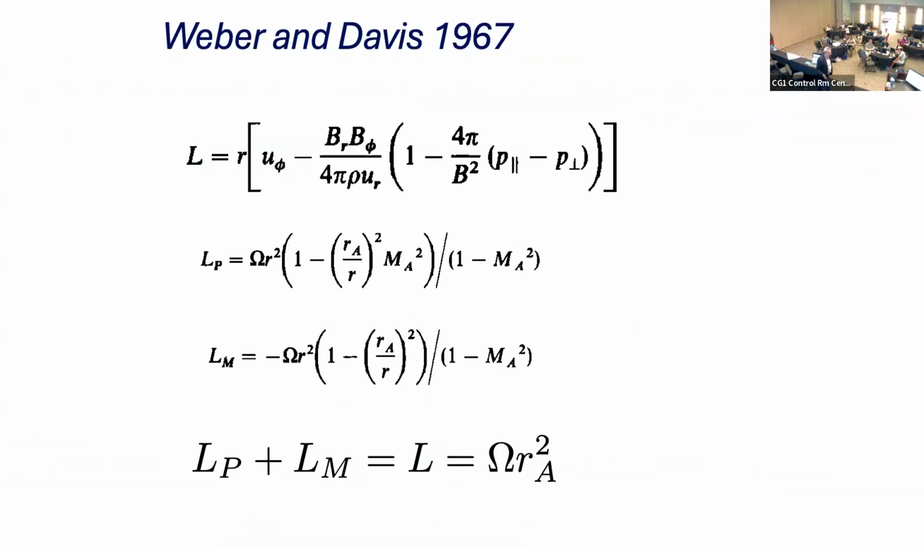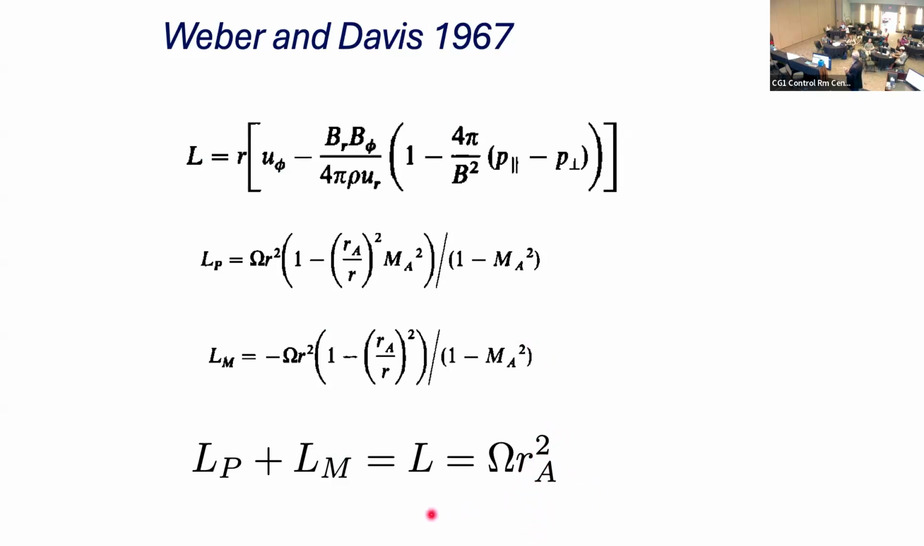Solar wind carries angular momentum, and to find out how much angular momentum is carried away by the solar wind, Weber and Davis showed this. You can do this in CGS. There's temperature anisotropy included in the pressure. But when you do that, you find that you can estimate the angular momentum as though the solar wind was